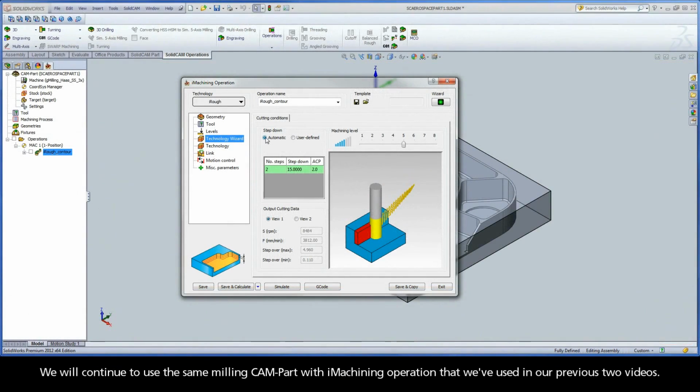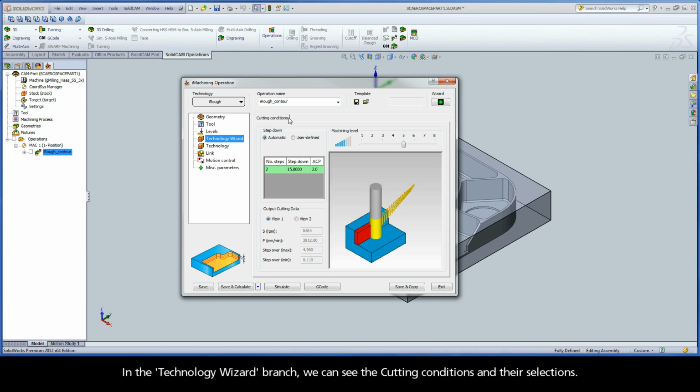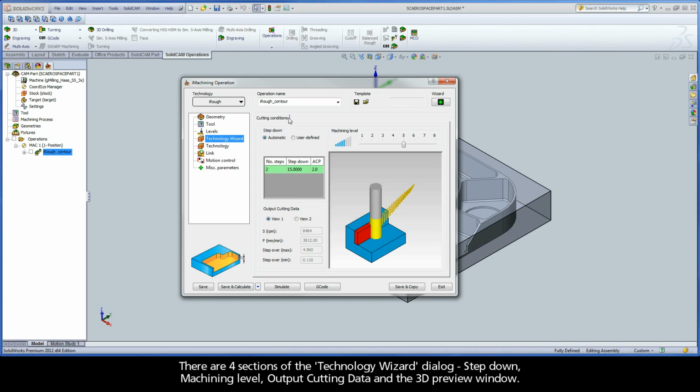We will continue to use the same mill and cam part with iMachining operation that we've just used in our previous two videos. The Technology Wizard is an algorithm for producing on-the-fly cutting conditions for the current iMachining operation. In the Technology Wizard branch, we can see the cutting conditions and their selections. There are four sections of the Technology Wizard dialog: Step Down, Machining Level, Output Cutting Data, and the 3D Preview